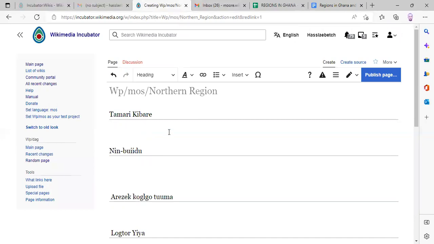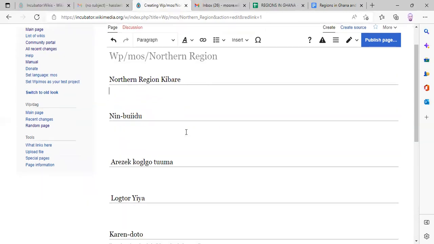Now to get information from here, you can just go to any link. You can go to Google and type history of Northern region. Oh, sorry, here it's not Tamale. It's rather Northern region. So Northern region is the largest region in Ghana. You can get the information from the internet. So let us see what to do for a reference.